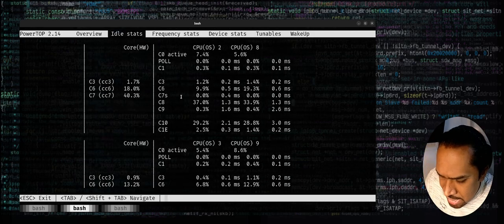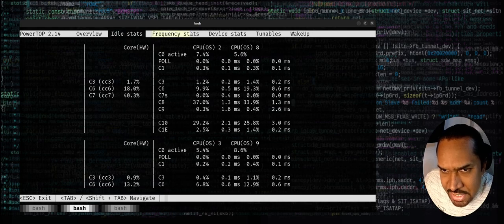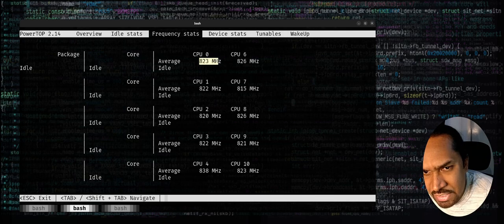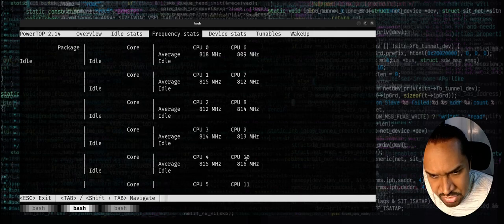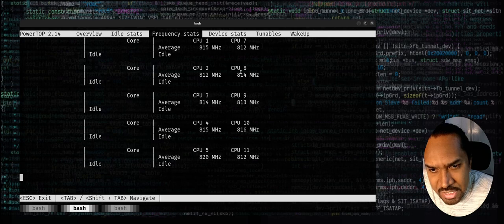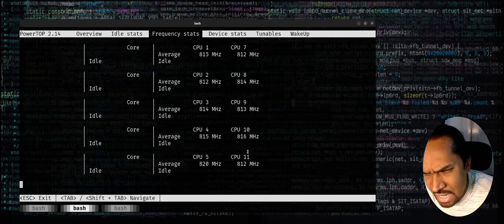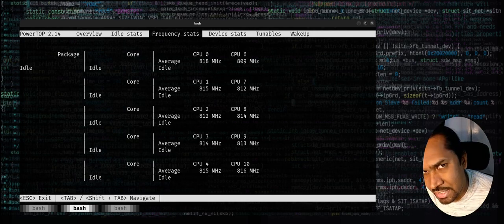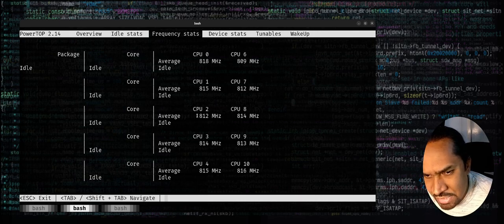If you press the tab key again, it goes to the next section called frequency statistics, where it tells you the average CPU frequency for each CPU detected on my system. As I told you, there are 12 cores on my system. It starts from CPU 0 to CPU 11. So for each CPU, it tells you what frequency it's running on. Looks like the CPU is not being utilized to the brim. So if I actually run some compute intensive code in here, the CPU frequency might go a little